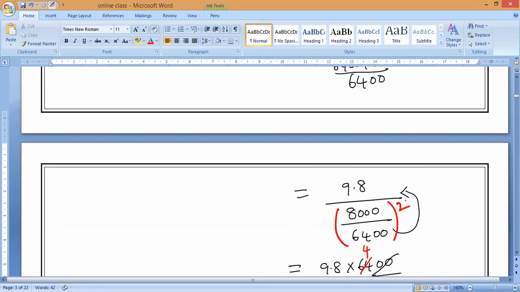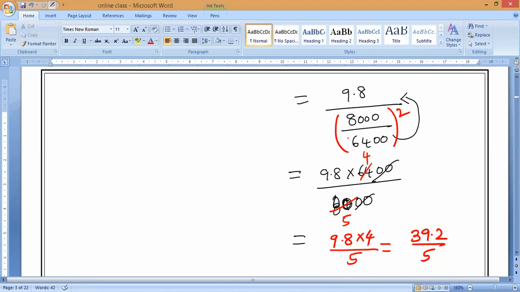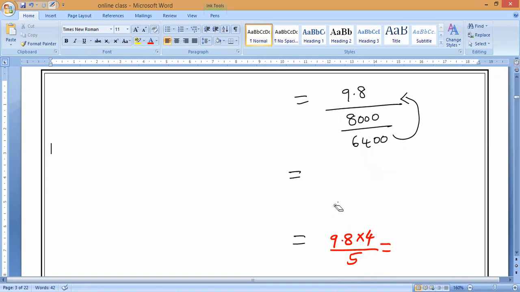That is what we have forgotten to do. Sir, whole square. Whole square. So please all of you rectify everything from there. Now everything is going to change. Whole square means 8,000 whole square. Just a minute. So from here we'll proceed again. We forgot the whole square, so we have to solve it again from the start.